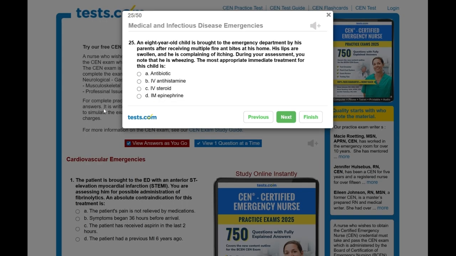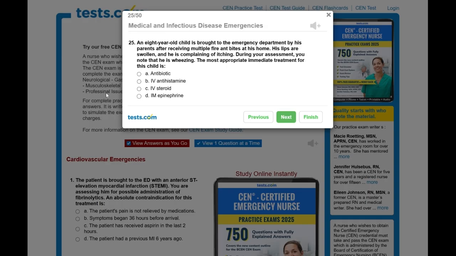Question 25. An 8-year-old child is brought to the emergency department by his parents after receiving multiple fire ant bites at home. His lips are swollen and he is complaining of itching. During your assessment, you note that he is wheezing. The most appropriate immediate treatment for this child is